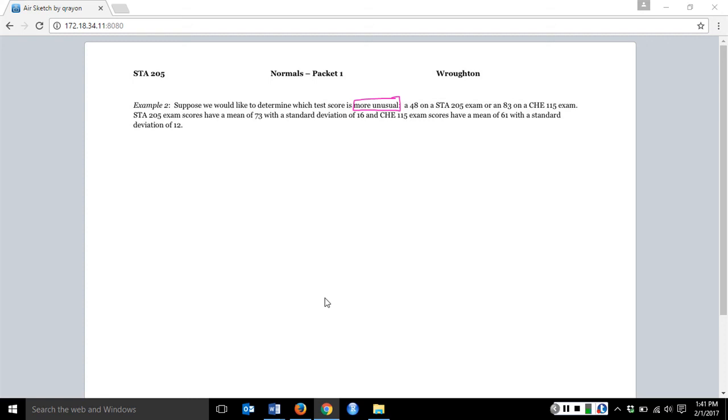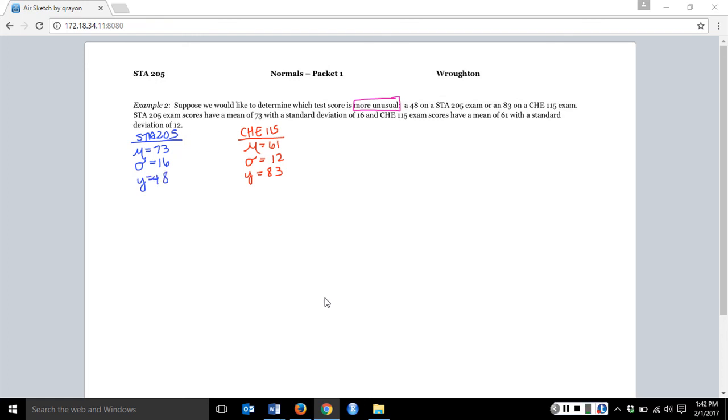So let's first just sort of write down what we know. So from Stat 205, we know the mean is 73, and we know the standard deviation is 16. From Chem 115, we know the mean is 61 and the standard deviation is 12. So we have different means and different standard deviations. We're also given our corresponding value of y. So for Chemistry 115, we got an 83 on that test, versus for 205, we got a 48 on that